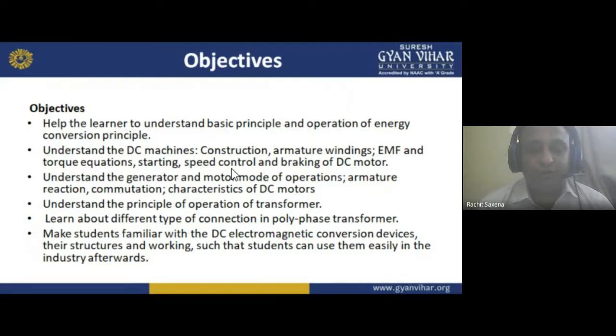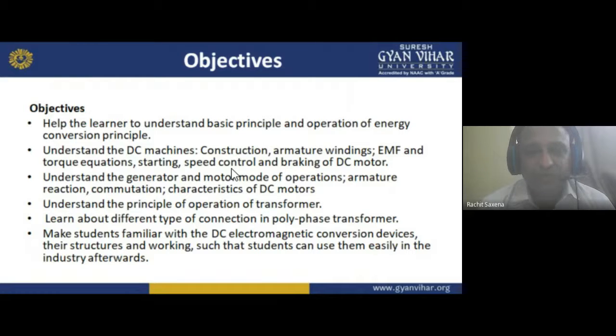And if we want to protect all these things, we need protection. In protection, we have another subject, that is switchgear protection and power system protection. In this, we are protecting all the power system equipment and mainly the transformer. It is a very costly and main component. Why is it so? Because if we want to transfer energy from one circuit to another by changing the voltage, by changing the current, we need an instrument. That instrument is a transformer.